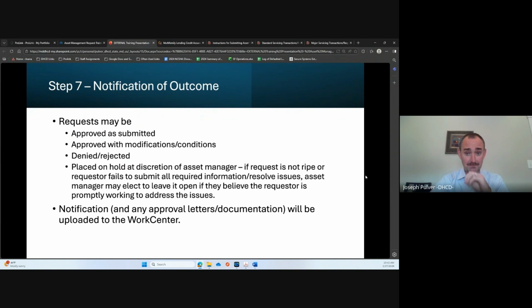It may just be denied or rejected outright. Or if something's arisen where it just can't be approved now, there are things that need to be resolved, it could be put on hold. Right, and you will receive a notification on the approval, either a document that's uploaded to the work center or a post through the work center notifying you that it's been approved.